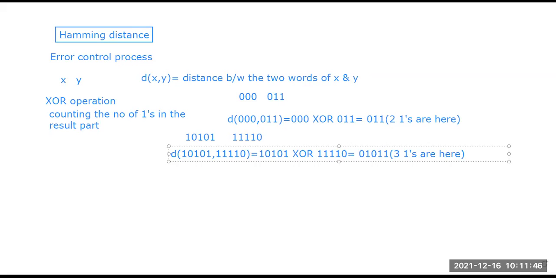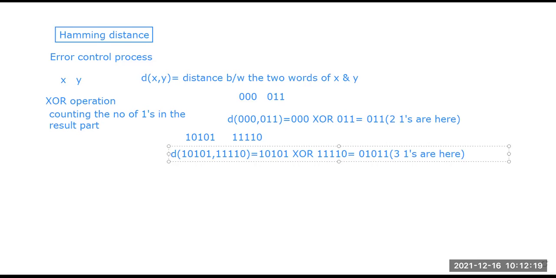So the Hamming distance between the sent word and the received word is the number of bits that are corrupted during the transmission.